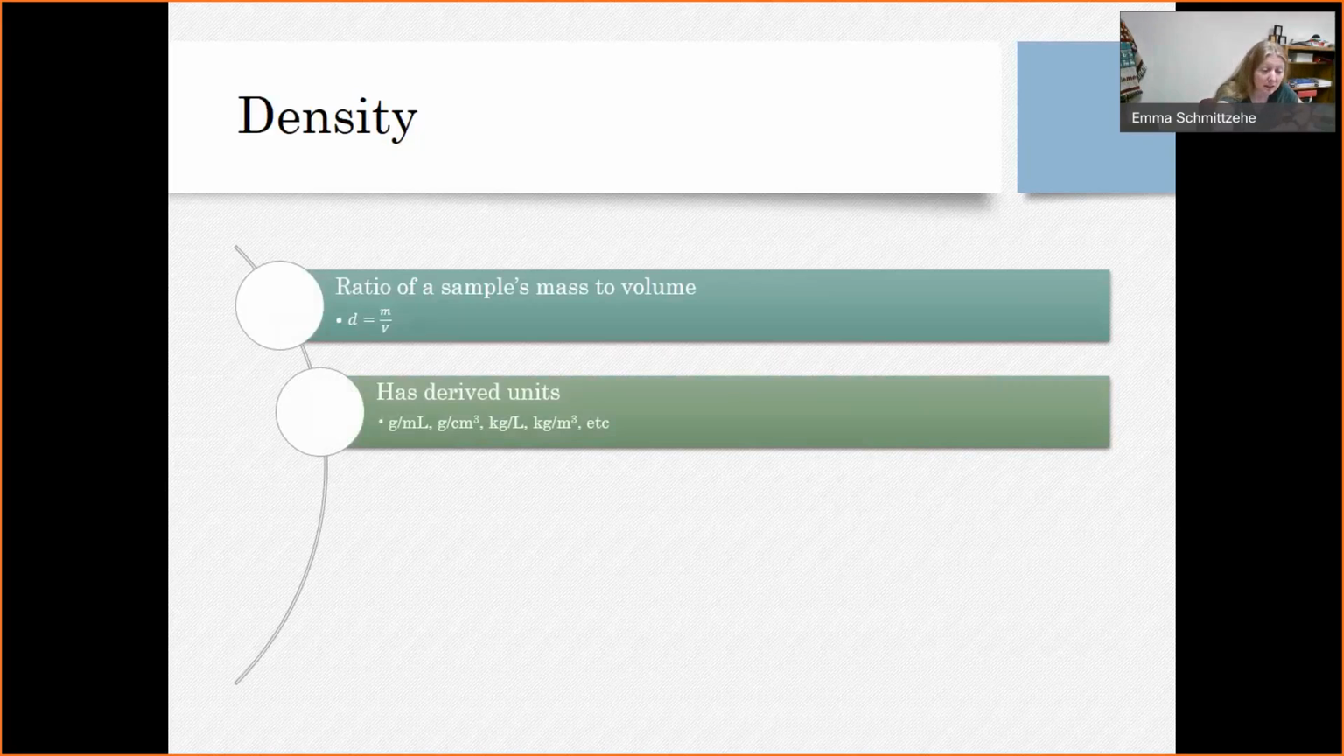So the unit of density that you get by calculating mass divided by volume depends on what unit you plugged in for mass and what unit you plugged in for volume. Okay, so you can come out with units of, say, grams per milliliter if you plugged in mass in grams and volume in milliliters. Okay, or you can come out in units of grams per cubic centimeter, kilograms per liter, etc. Okay,